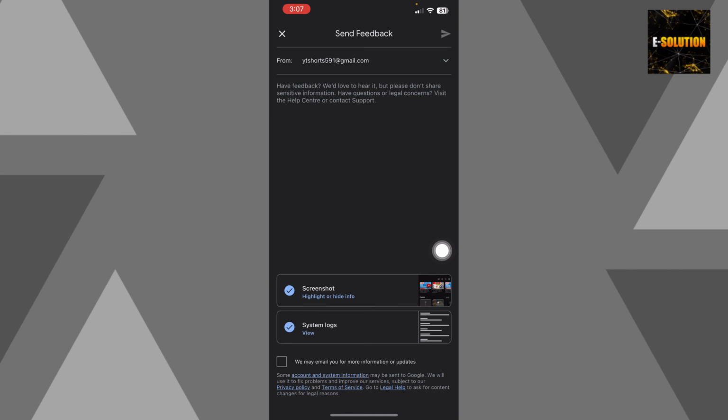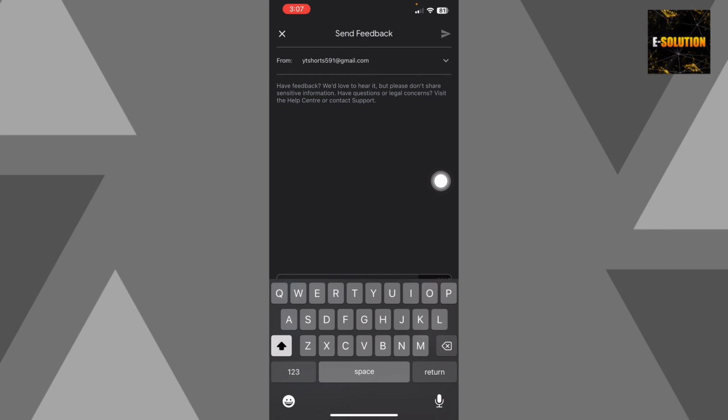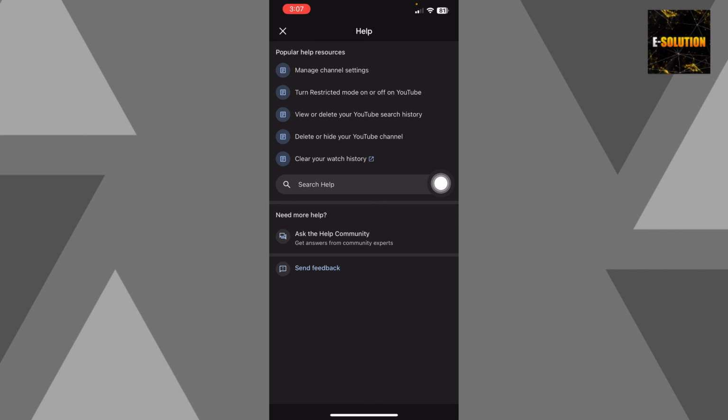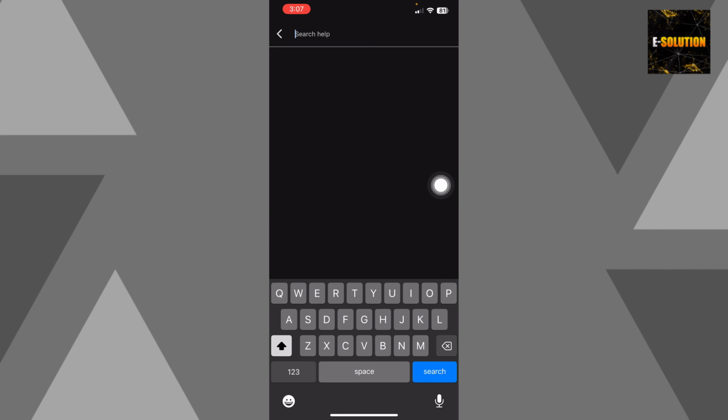And now you can see here is my email, and now you have to write your feedback over here. You can add screenshots, system logs, and then you have to click this option. And now you have to just write your feedback over here. Just write in whatever you want to talk to the customer support about, and then you can contact the support. Or you can just go back and go to the help section over here, and then you have to